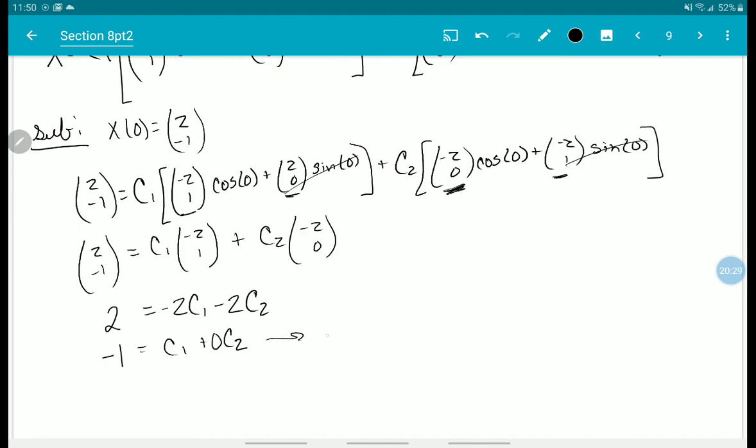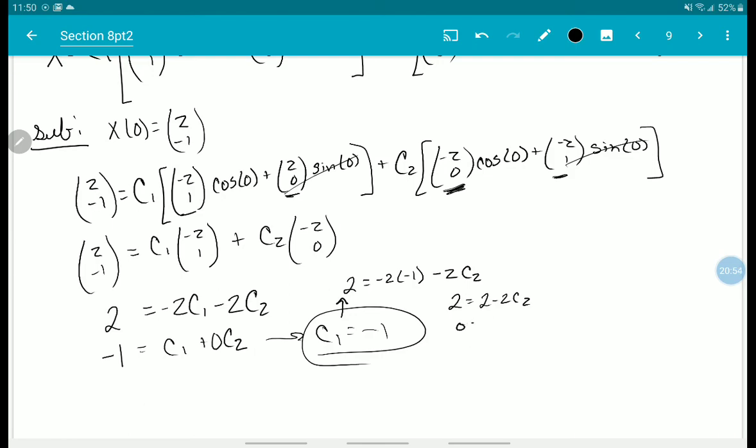So right off the bat, we know C1 is equal to negative 1. We can find C2 by subbing that into that first equation. So 2 is equal to negative 2 times negative 1 minus 2C2. So this says 2 is equal to 2 minus 2C2, which means 0 is equal to C2. So if we substitute these back into that general solution up here,